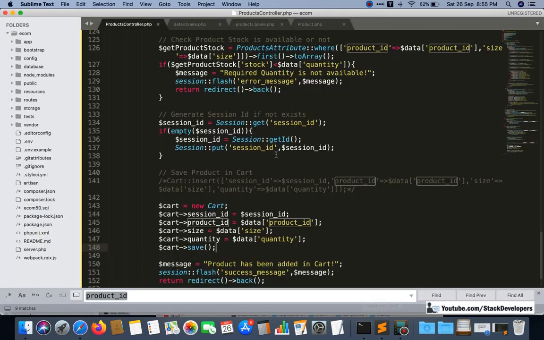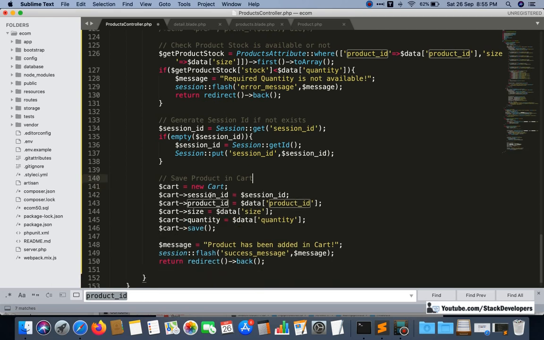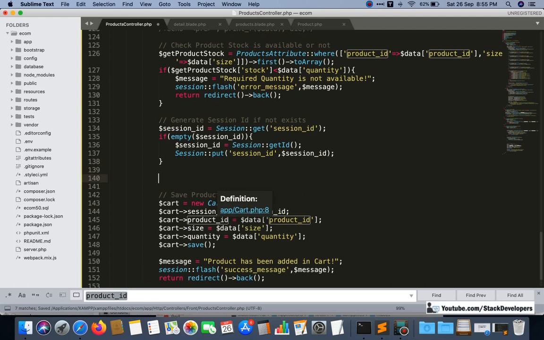So one more check we are going to add here, before this one. Another check we are going to add here: check if the product already exists in card.